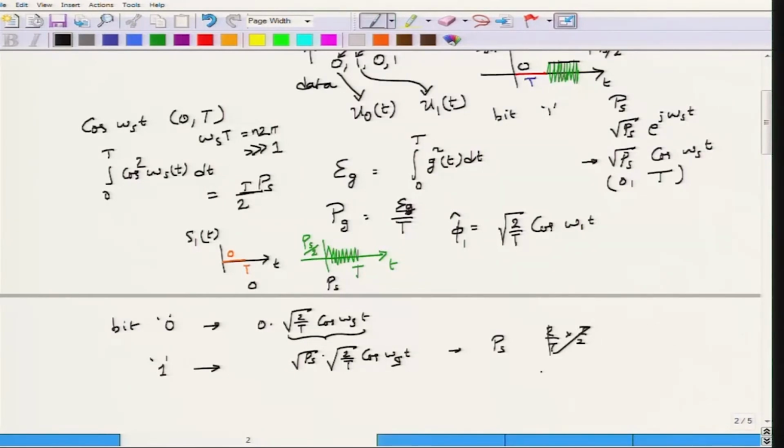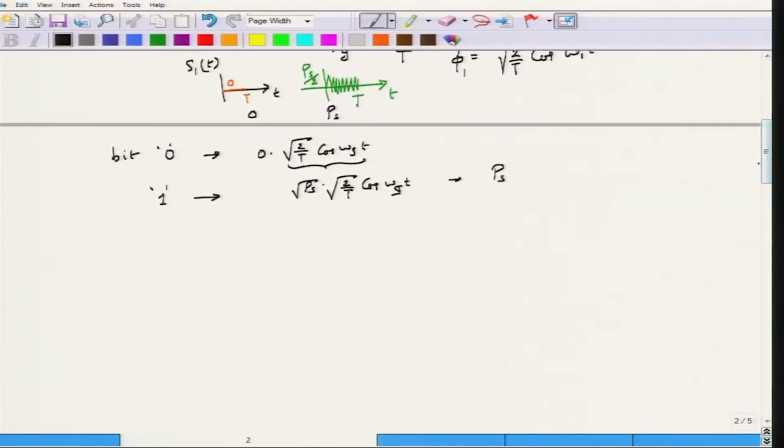So, that would be gone, okay, or when I take the energy. So, that would be gone here. Okay. So, if you are slightly confused, do not be. What it means is that I have only one dimension that is sufficient for me to represent both bit 0 and 1, and if you look at it in a slightly different way, this signal that we have written can also be rewritten by writing 0 sin omega_s t,